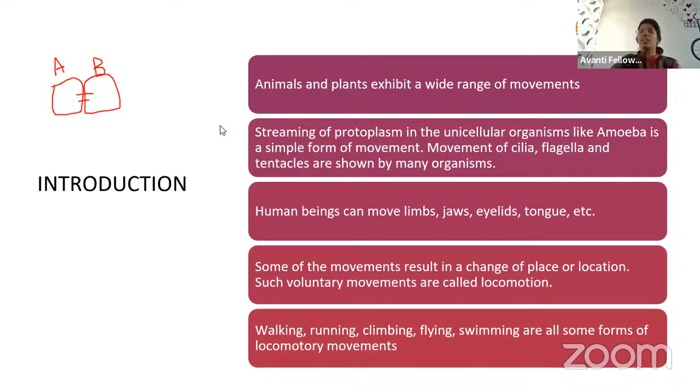So which means here we can say movement can be seen in all the organisms, from unicellular organisms to the plants and the animals. Everywhere we are able to see the locomotion. Is that clear? I hope this is clear to every one of you. Now, how about the humans? How are the humans going to show the movement?